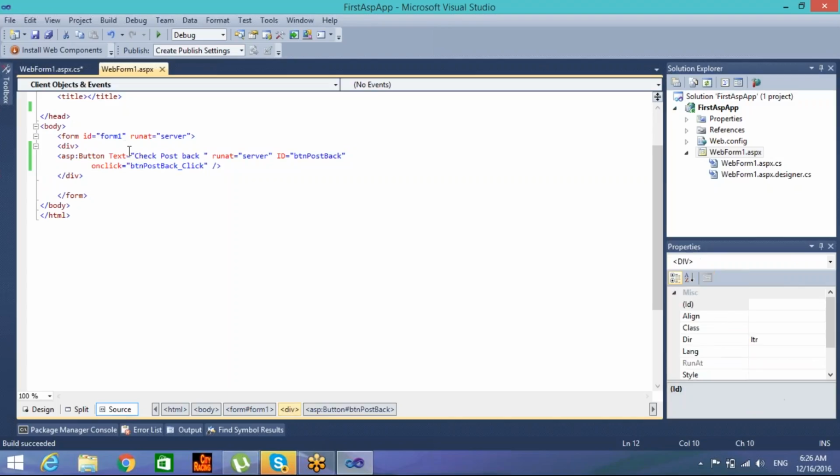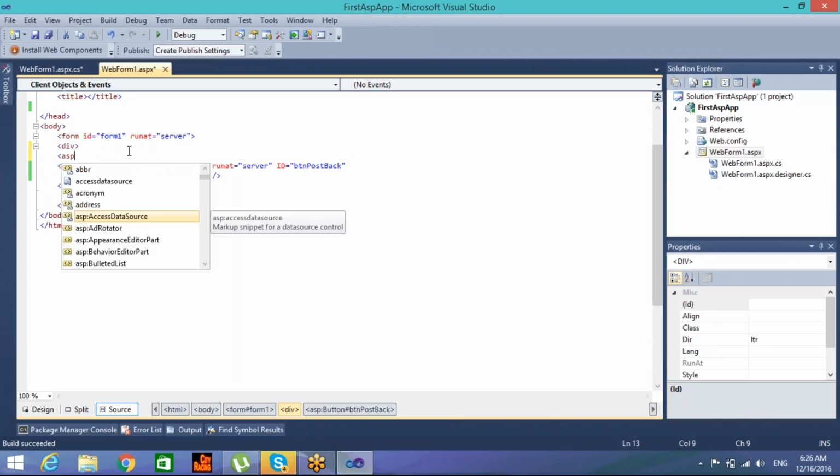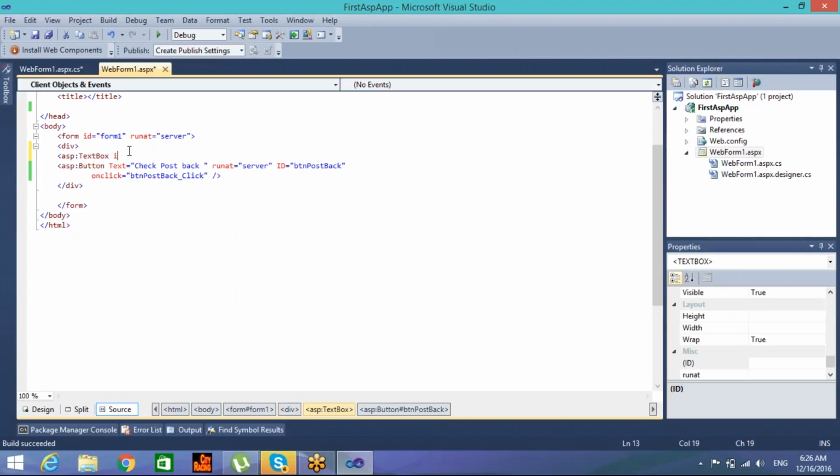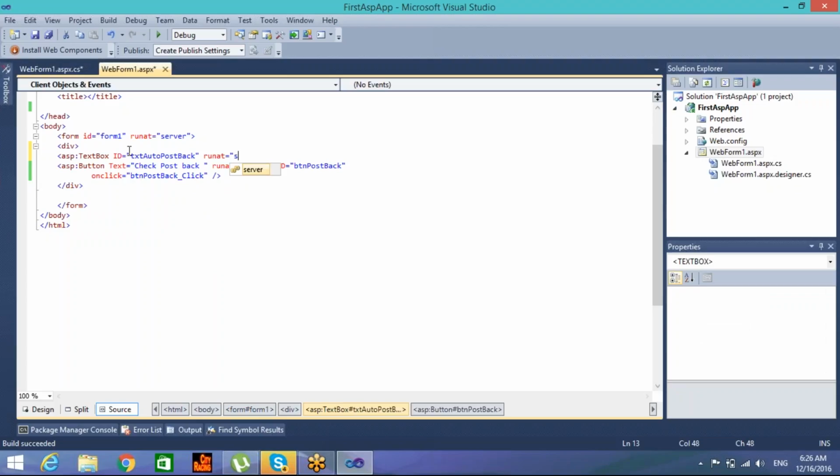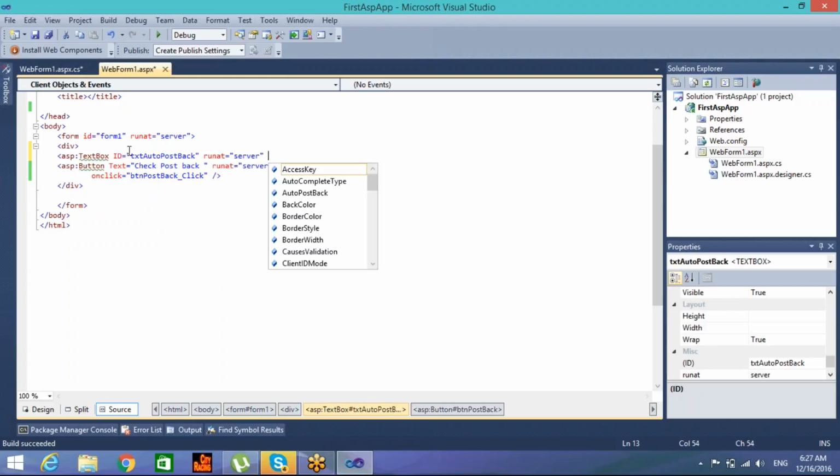Let me have a text box and say ID equals to txtAutoPostBack. That is the ID. We need to put runat server because it's an ASP control,